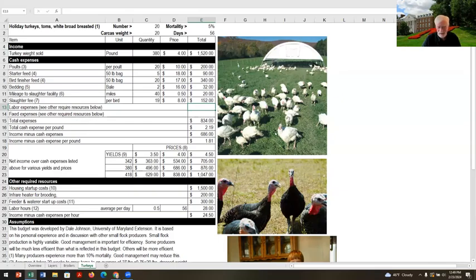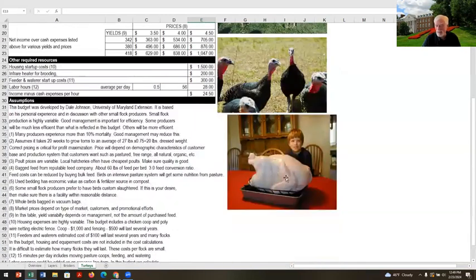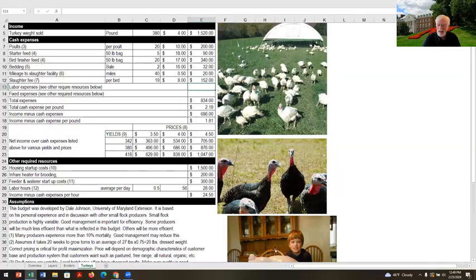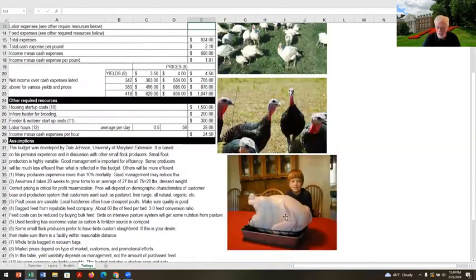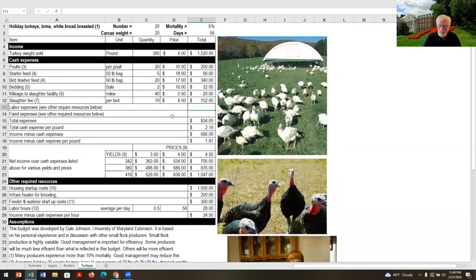Now, I'm telling you, I've never actually seen this enterprise, but I've produced that bird right there. I think it is 48 pounds. That is a big bird. If you're going to sell these, somebody's got to fork over $500 for a bird, because it takes that much to grow them out. They're not economical to grow out to that weight. My point is, this is a totally different marketing scheme. What do your customers want in a turkey, and how are you going to produce it? The actual production is similar.